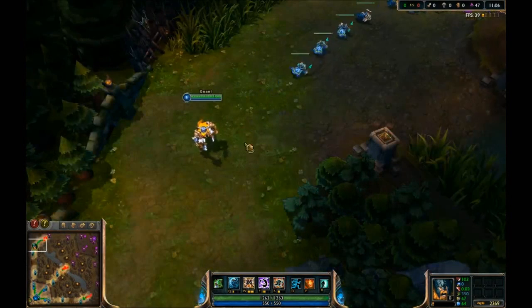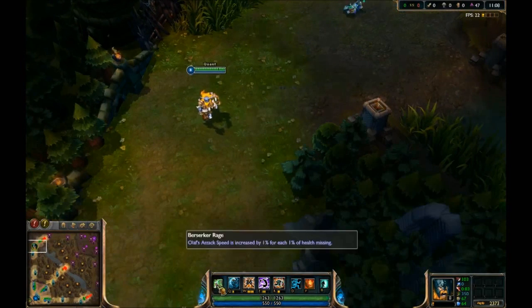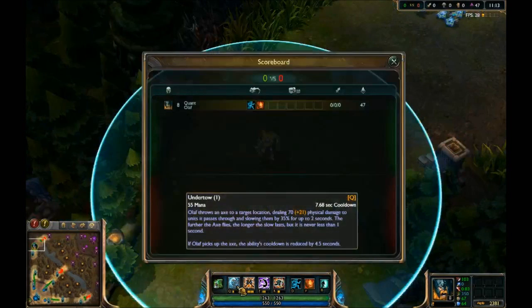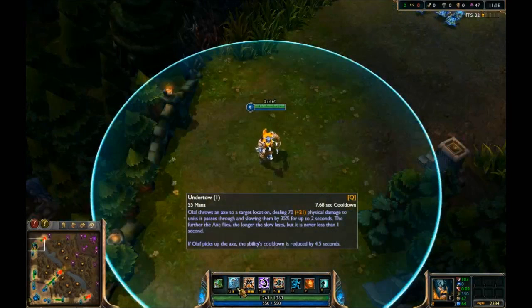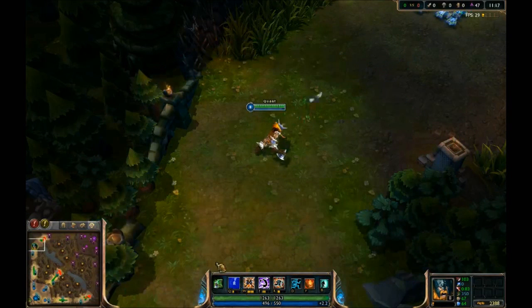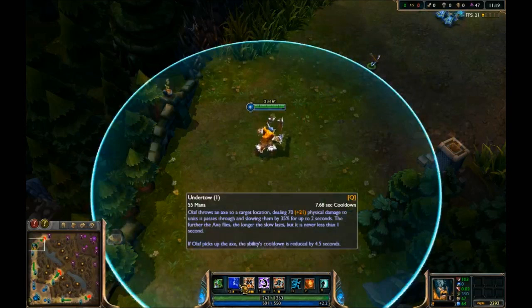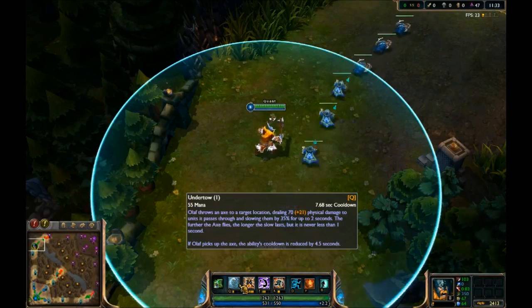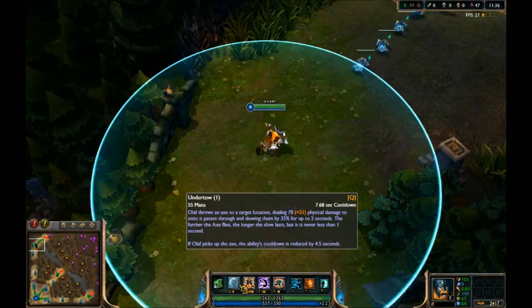So looking at his abilities right here, his passive is unchanged. His Undertow though is changed, so it now has a higher slow than before. The percentage of slow is higher than before. The duration is shorter than before. It slows up to a maximum of 2 seconds. Before it was always 2.5 seconds, and the slow decayed after the 2.5 seconds. Now it does not. It slows for 35% up to 2 seconds, and then after those 2 seconds it just